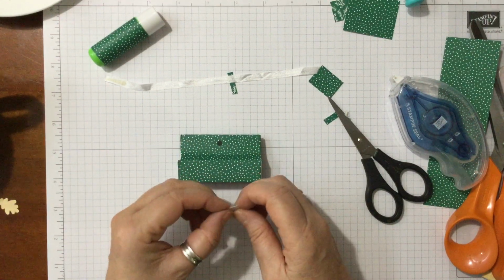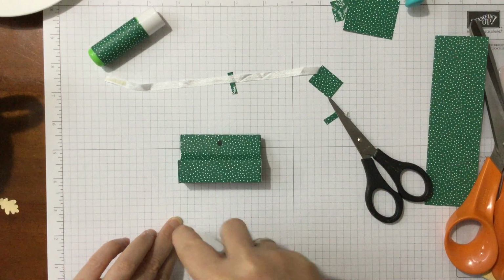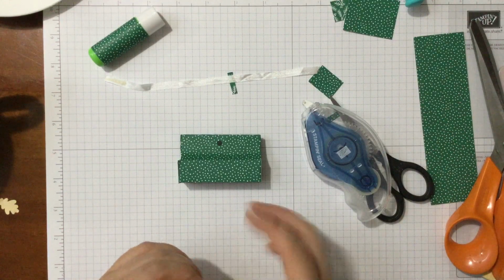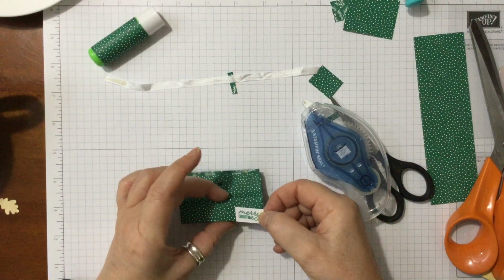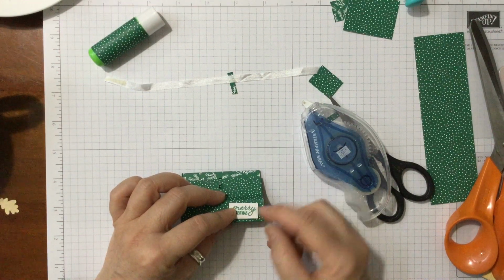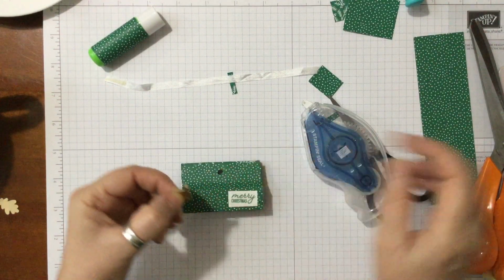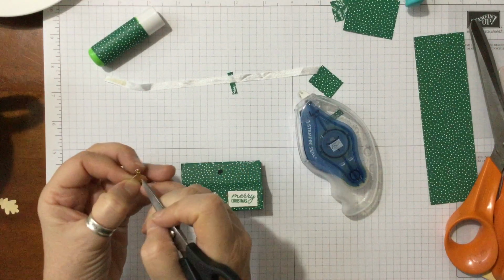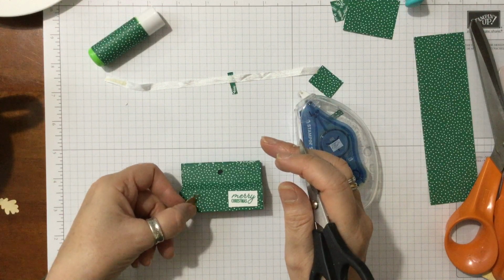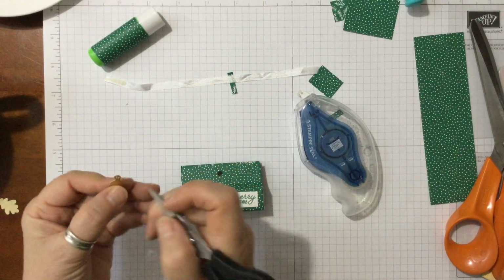Now I'm going to put these down with, let's just, as I've got this out, I'm going to just put it down with the tape, and I'm going to put it down in on this side, just in the center. So you've got a little Merry Christmas. And then I turned around and said that I'd done these little bells, and I really do like them. They're ever so sweet. You've got a little piece in there. You could string them up onto something, but I'm just going to add them as little embellishments on here,